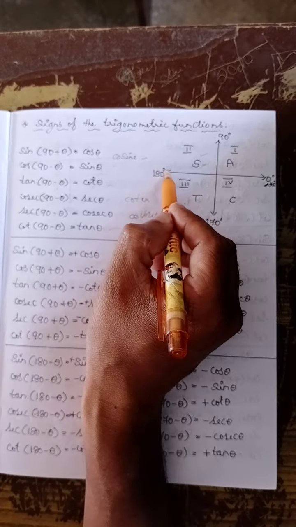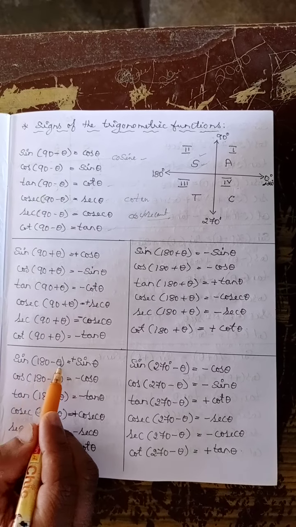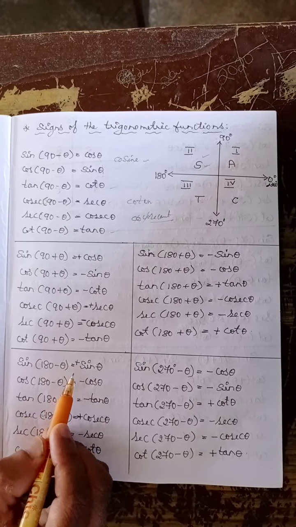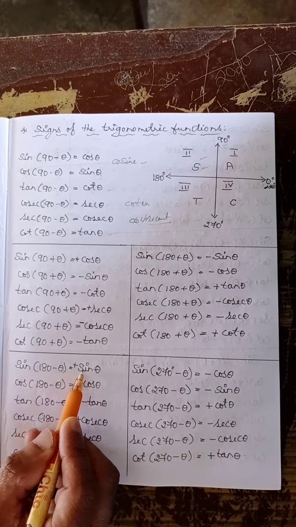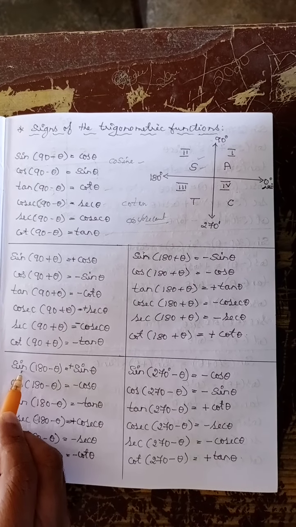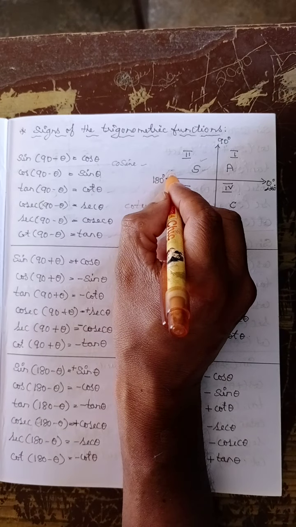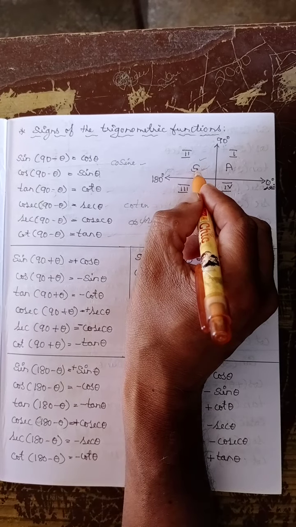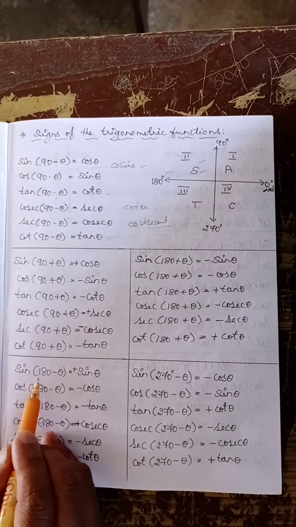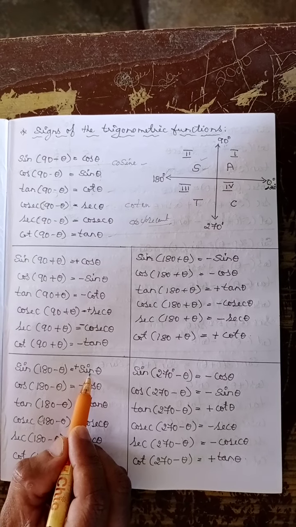Now we can see the supplementary angles, that is, angles on the x-axis, give the same function. Sine of 180 minus theta can be written as sine of 90 plus (90 minus theta). So we will get again the same function after calculating it. Then sine of 180 minus theta is sine theta. For 180 minus any angle belonging to the second quadrant, only sine and its reciprocal cosec are positive, and the rest of all the trigonometric functions are negative. So by considering that, sine of 180 minus theta is equal to plus sine theta.